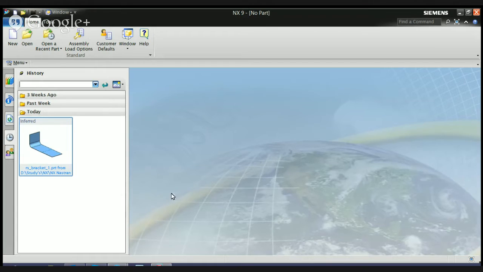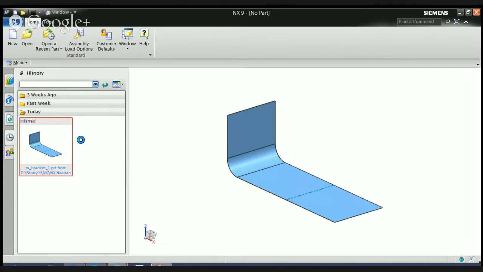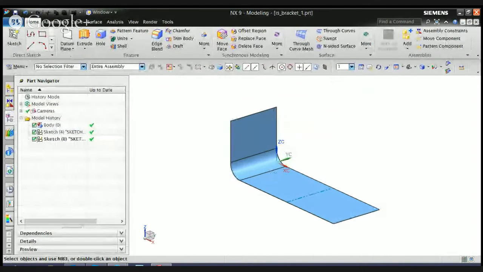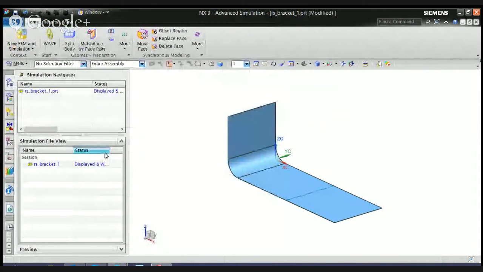Good evening. So now we are going to discuss response simulation, and I have an example. This is a component which has some concentrated mass in the middle. So I'm taking this model for this response simulation analysis. This is the model. So I'm going to advanced simulation and I'm defining